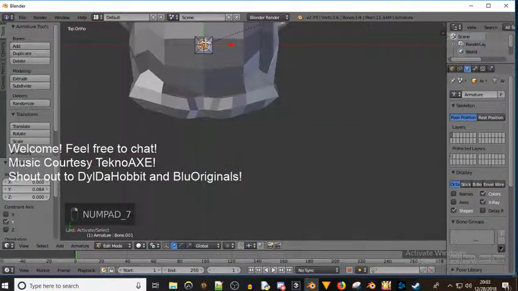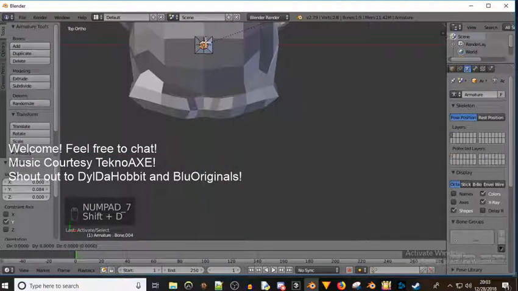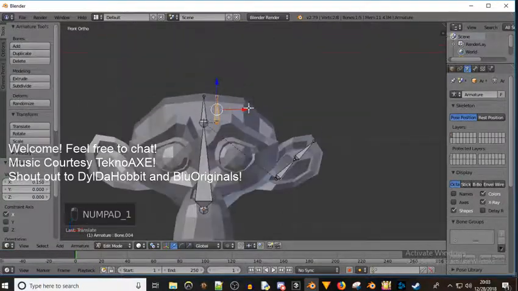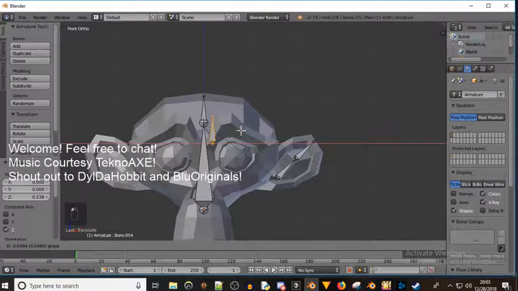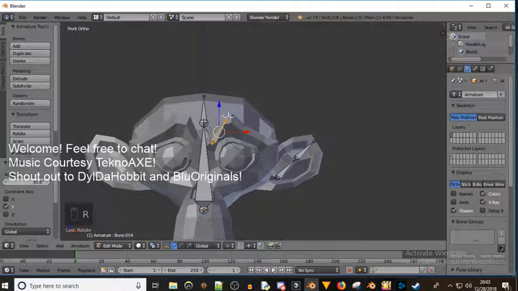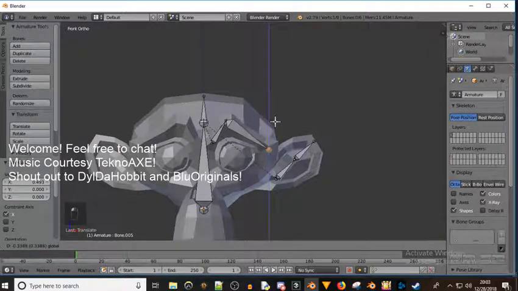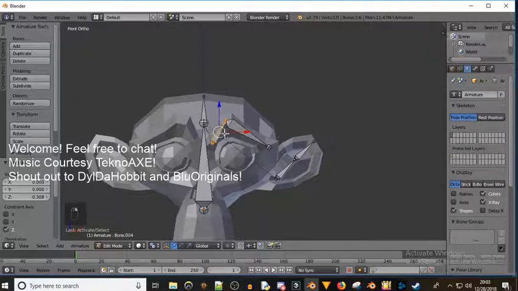Duplicate this bone again for eyebrows. Rotate Y-axis. E to extrude. Something like that. And I'm going to select